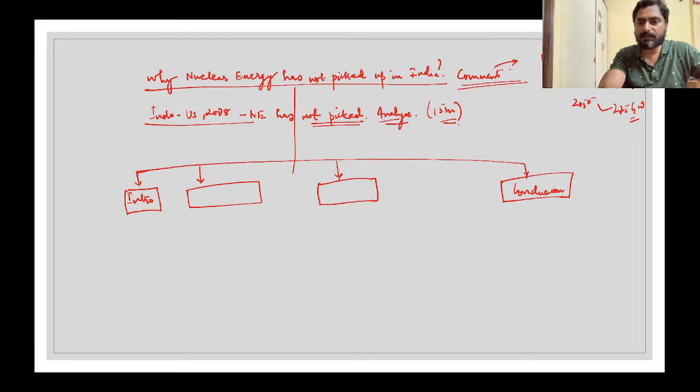Why do you think India is lagging? Are you able to understand the question? The DAE targets are these, and by 2020 itself we should have produced 20 gigawatt, but at present we are producing only 6.7 gigawatt of electricity. Now the question is why we are lagging in nuclear energy.